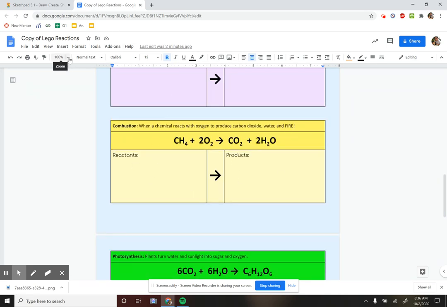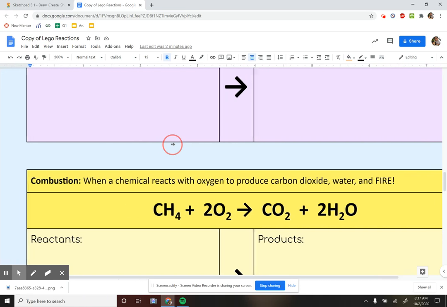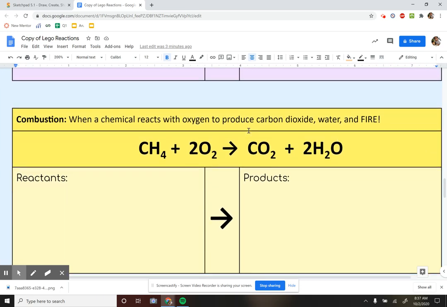And I'm going to zoom in on that. Combustion, by the way, this is the reaction that happens when you're burning something. That's combustion. Okay. In this example, we're burning natural gas or methane, but you don't need to remember that. Okay. But this is the reaction that's happening like inside of your water heater at home or inside of your